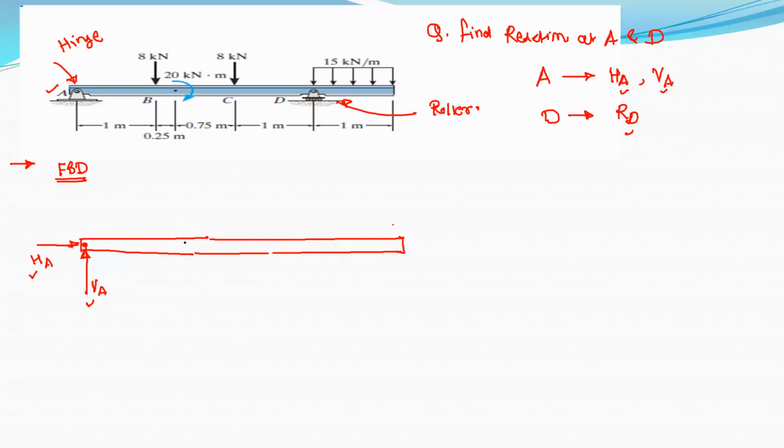Then this is the point D, it is a roller support. So this reaction, RD, is perpendicular to the surface on which this roller is mounted. The roller is resting on this horizontal surface, and therefore this reaction will be perpendicular to this horizontal surface. Right now this beam ABCD and this horizontal surface are both parallel, so reaction RD is directly perpendicular to the beam ABCD.